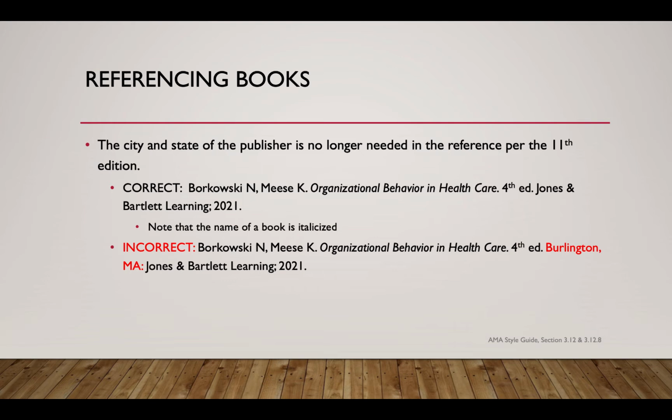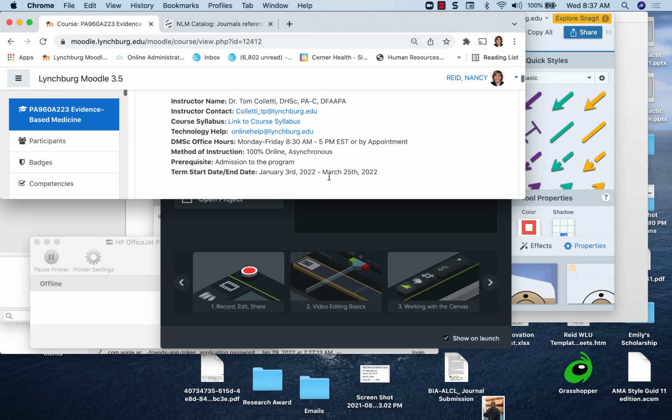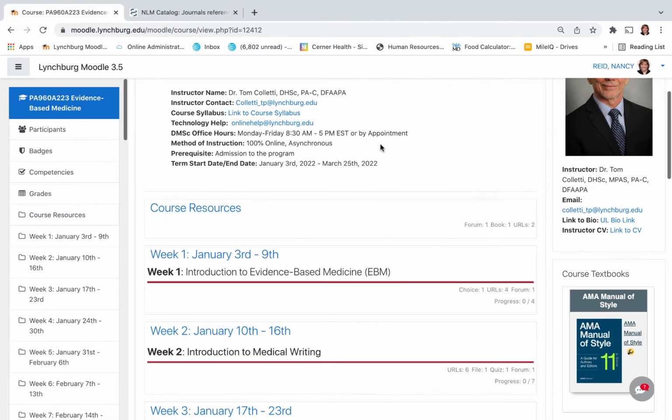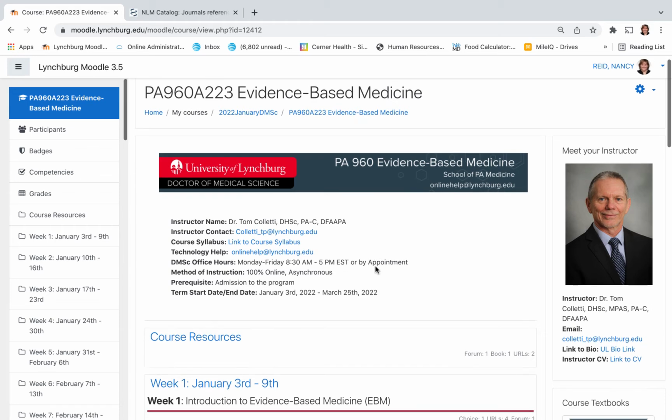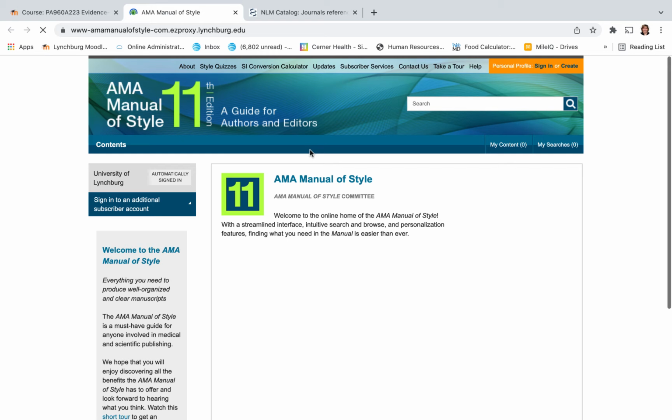So I'm going to show you real quickly how to get to the AMA Style Guide. It is available through the University of Lynchburg's library, and it's very easy to access. So if you open up one of your courses within Moodle, here's an example of a 960 course. In the right-hand side, you will see textbooks. And right at the top is the AMA Style Guide. If you click on the AMA Style Guide, it will take you to the University of Lynchburg's libraries,